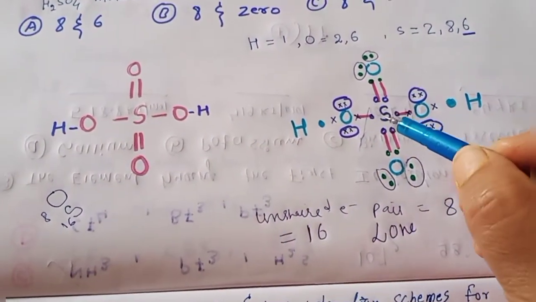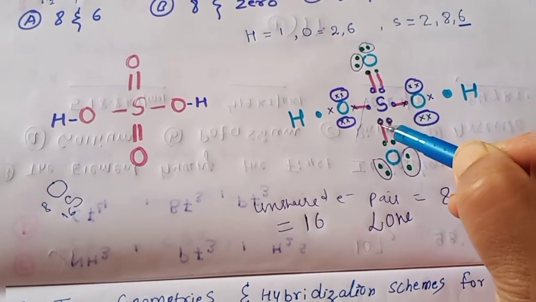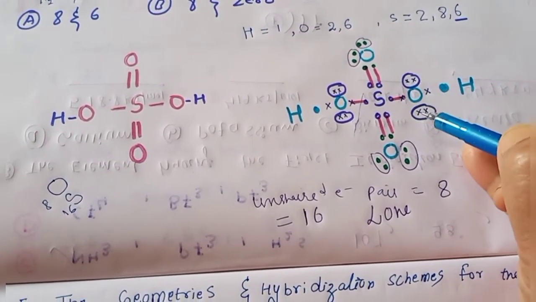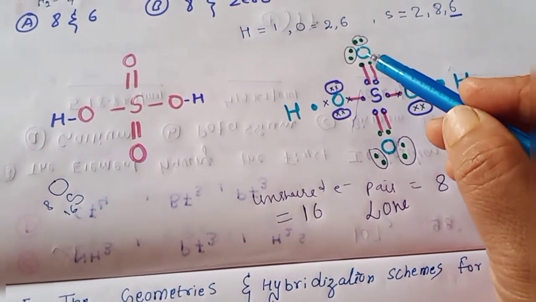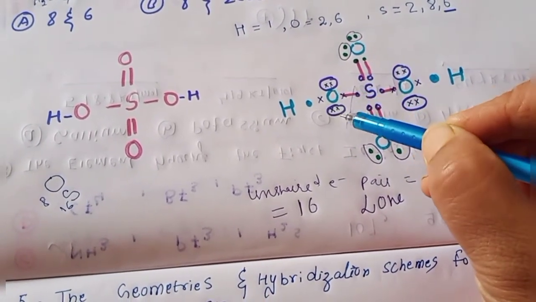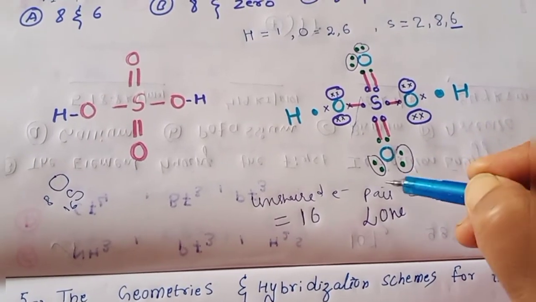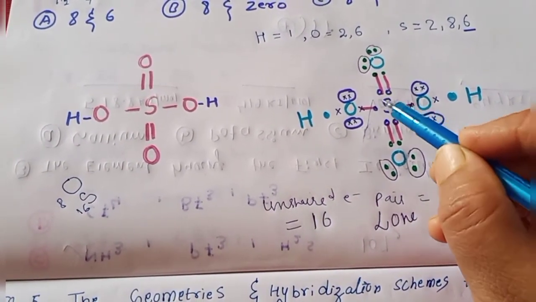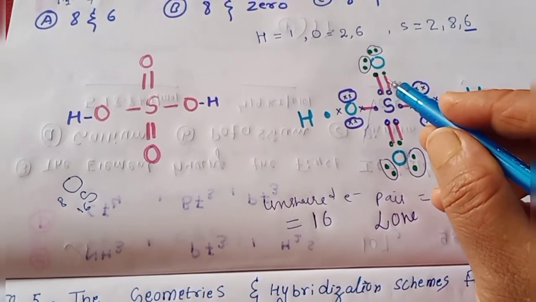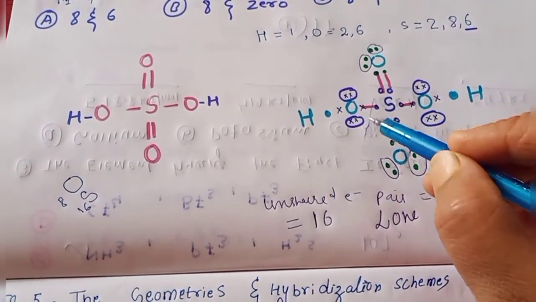So you can see the bonding. These 6 electrons of the sulfur, then oxygen 1, 2, 3, 4, 5, and this is the 6th one. Similarly, this oxygen will also have 6 electrons, this oxygen will have 6 electrons, this oxygen will have 6 electrons in the valence shell. So you see the bonding. These electrons form the covalent bond. Then this sulfur completes the octet.